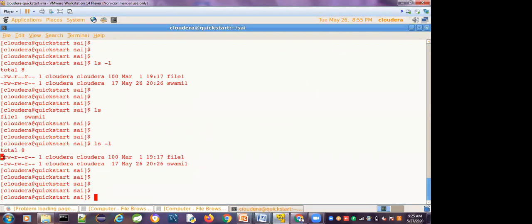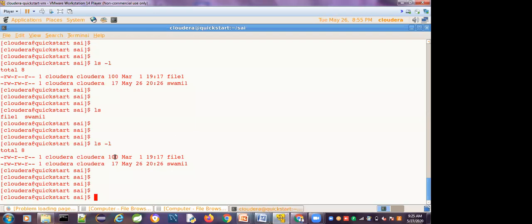If it is a hyphen, it is a regular file type, and the remaining characters are the permissions. This is taken as one field. The number of links to this file is another field. The owner of this file is one field. The group of this file is also one field.